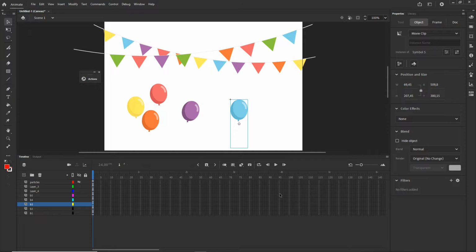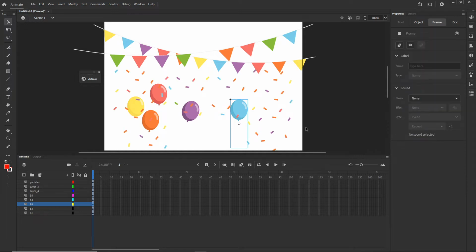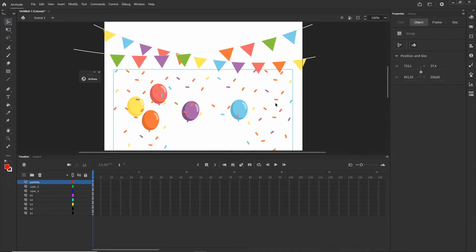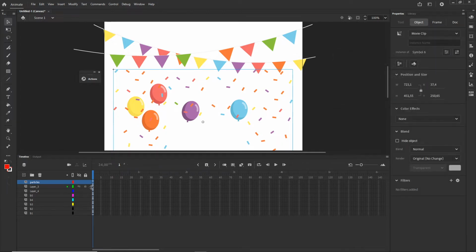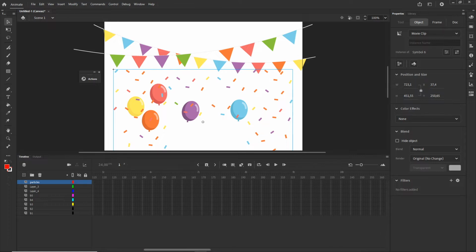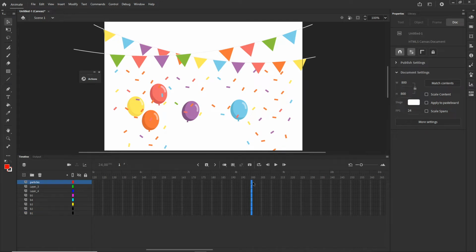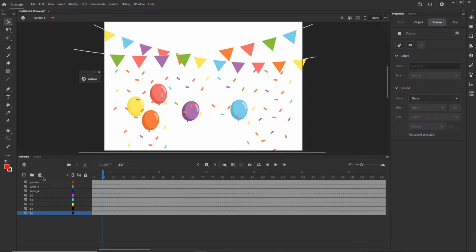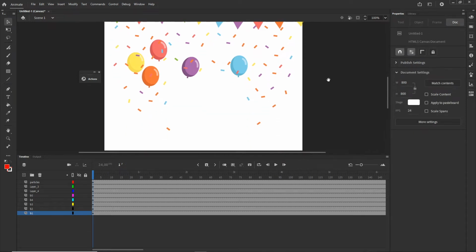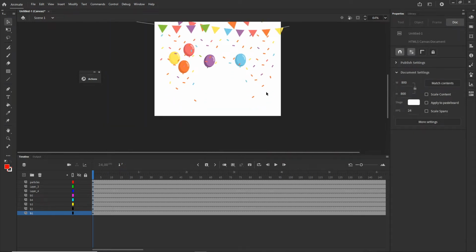Now what I want to do is show the particles, and I will click on one of them. I'm going to click F8, and this is going to be symbol 6, like so. Now I'm going to extend the timeline for everything, so I will go maybe to frame 200, and I will click in here with shift, and I'm going to click F5, and right now I have extended my timeline for all of them, and I can go ahead and zoom out a little bit,